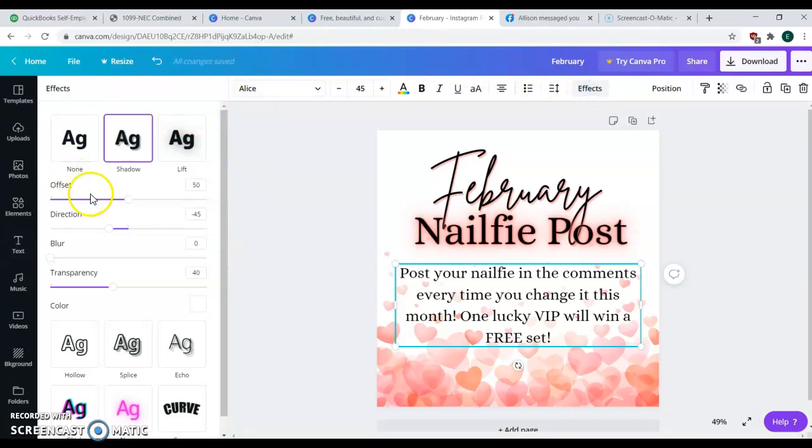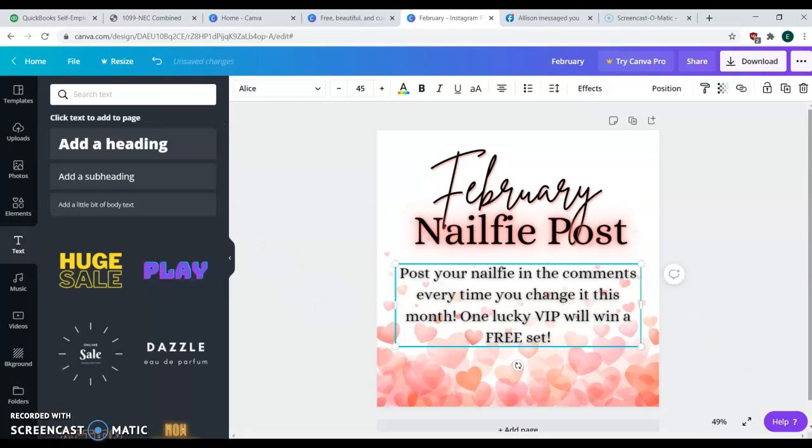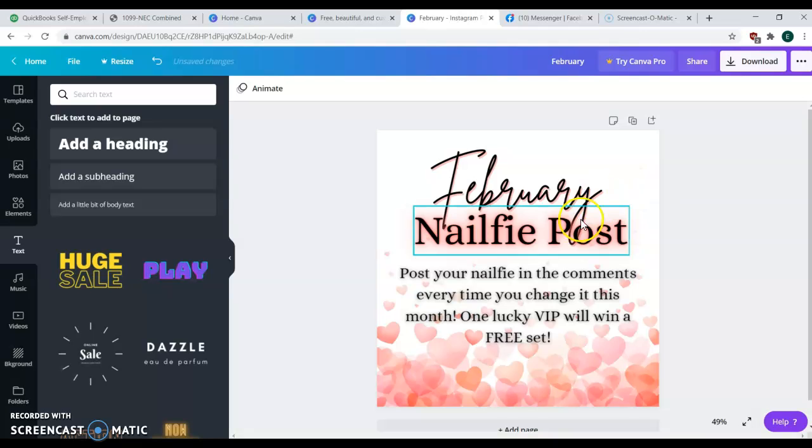Okay, so effects, and then I'm going to up the transparency so it's not as transparent. Or we could do that one. The lift looks good too. Makes it kind of bolder. Let's do that. Okay, so now we have our February Nelfie post, and then I'm going to leave something right